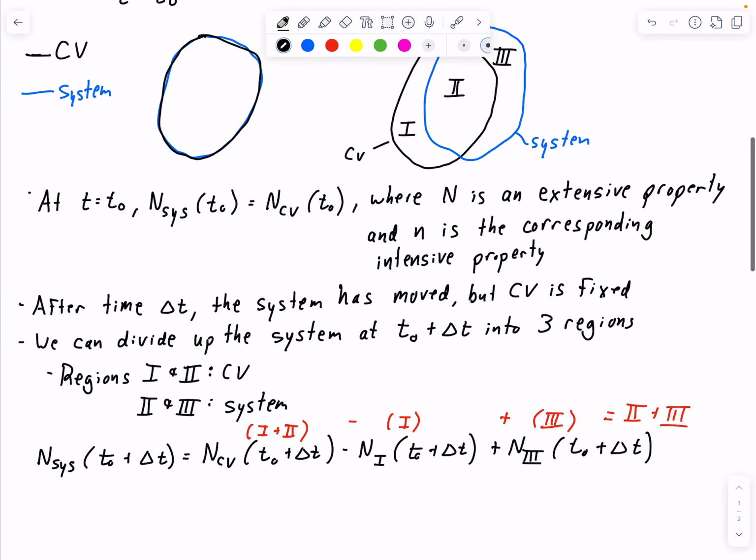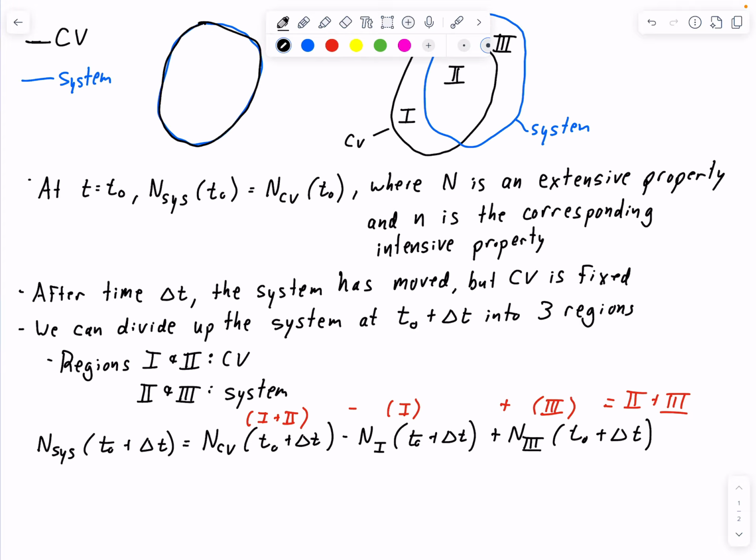Okay, now we want to know how this property N is changing with respect to time for the system. So we're going to write down the derivative here. So the rate of change of this extensive property N with respect to time for the system is, by definition,